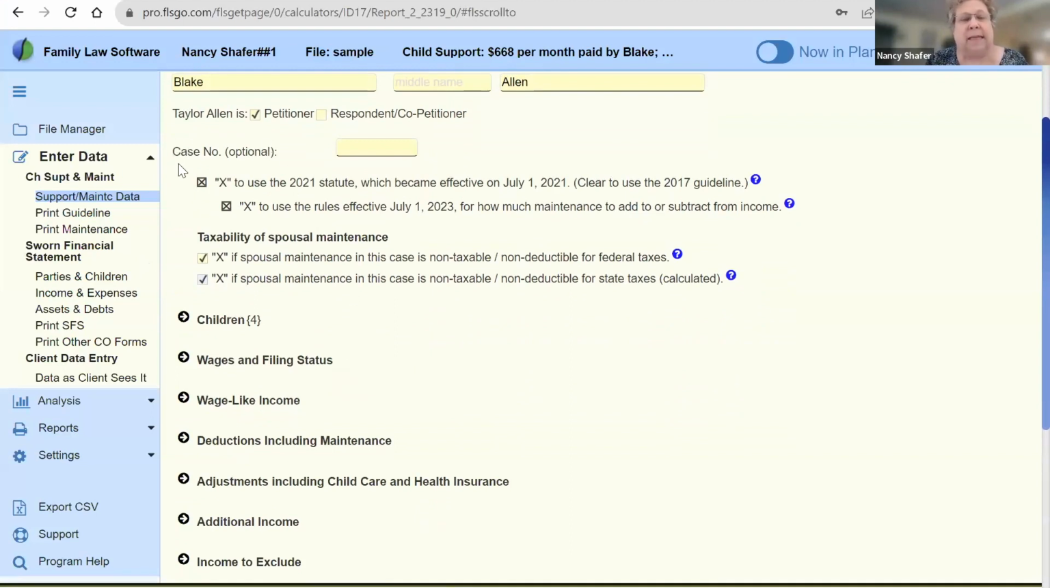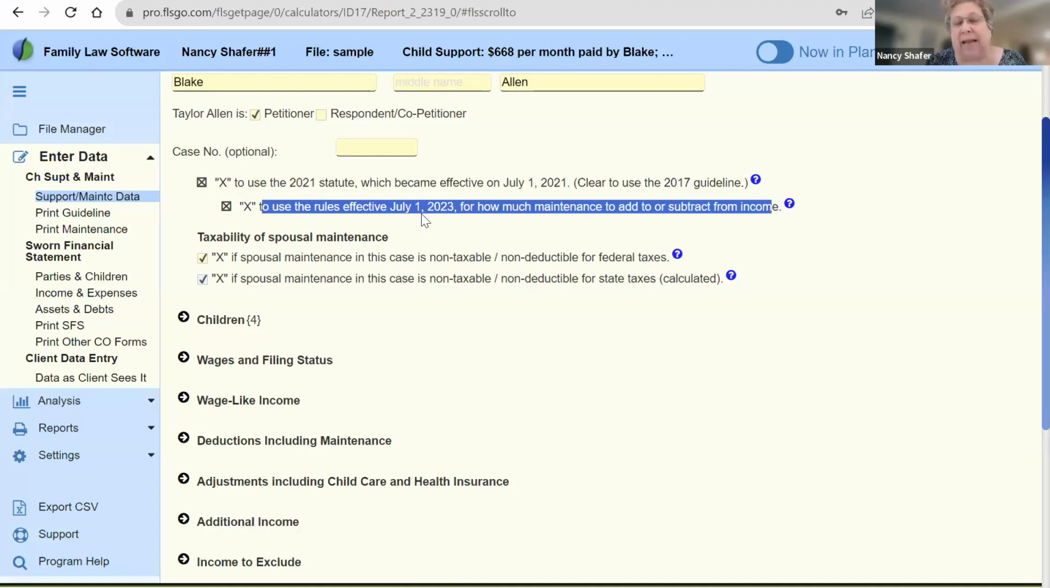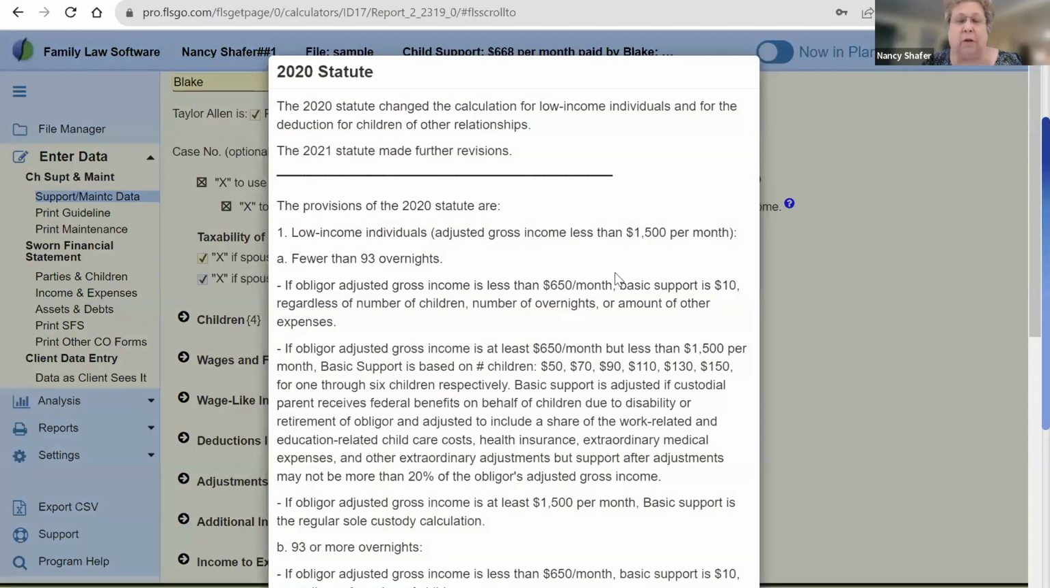The next set of options here is to use the 2021 statute or the old 2017 guidelines. And then we can also select to use the new information. As of July 1, 2023, there were some statutory changes. So we can click on the help note button, the little question mark in the blue circle, and that will tell us what those choices mean and what we do for them. So that is